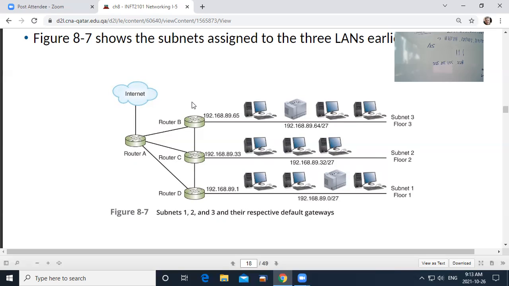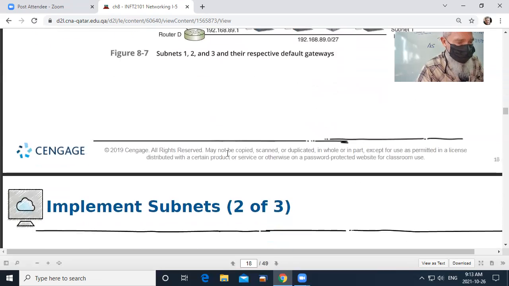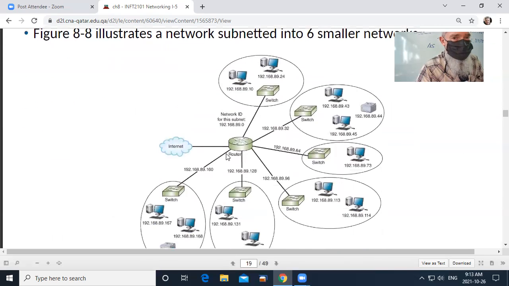The next one would be, we'll add 32 each time, right? So the next one would be 93. Then the next one would be, etc. Until you got to the last one, which would be 225. The last network always is the one that has the same number as the subnet address. Yeah, I hope that makes some sense. So each of these networks has a possible 30 computers on it, hosts, because that's 32 minus the 2 addresses that we can't use. Okay, so let's.